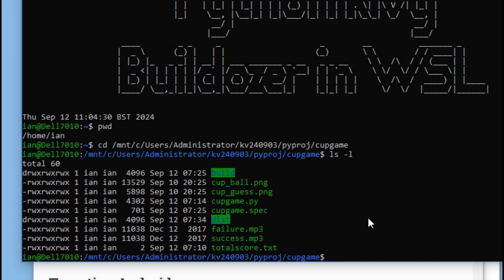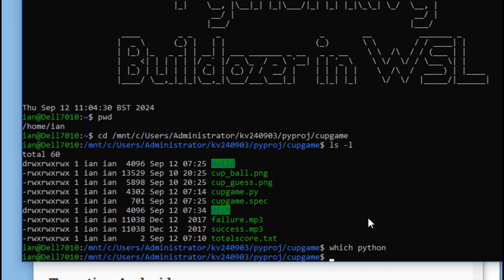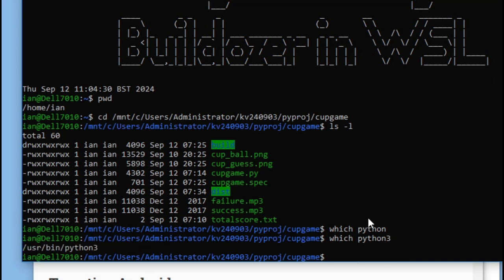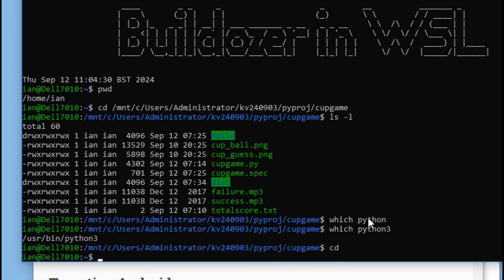So in this Windows subsystem for Linux, I have installed Python. I think Python comes pre-installed by default inside certain distributions of Linux. So if I do a which python, it doesn't find it. But if I do a which python3, there's one that's located in /usr/bin/python3. But the one I want to use is the one that is in the virtual environment which I've created. So I've created a virtual environment which is under Kivy